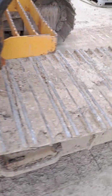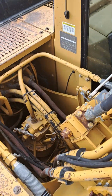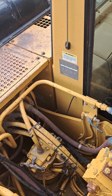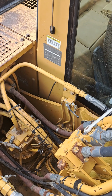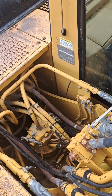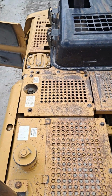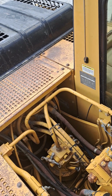And then we also need to open the pilot valve that's going to allow pilot pressure to actually physically actuate the attachment spool. So two things are required to get two pump flow on this machine. The pilot two pump flow valve has to be open, and the pump supply two pump flow valve has to be open. So with both of those open now,